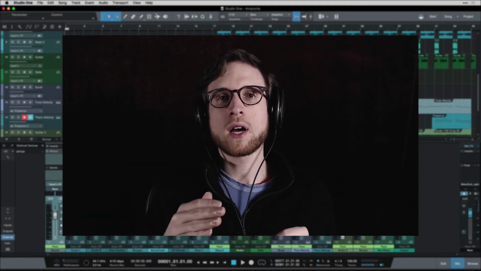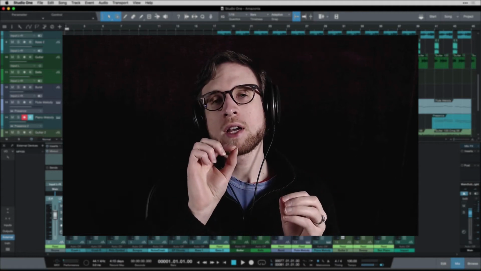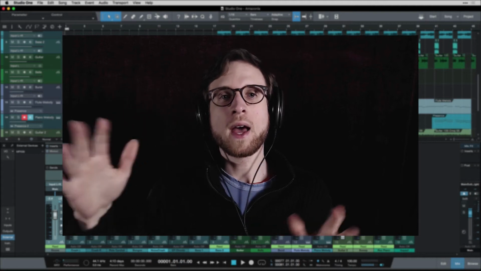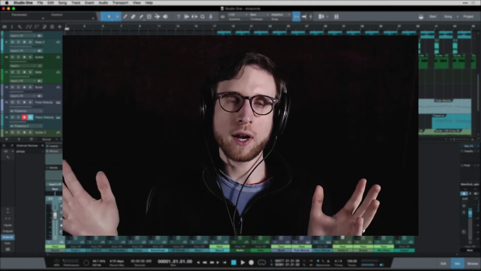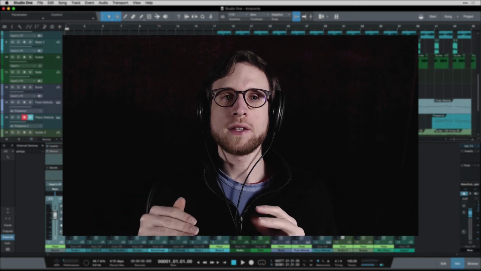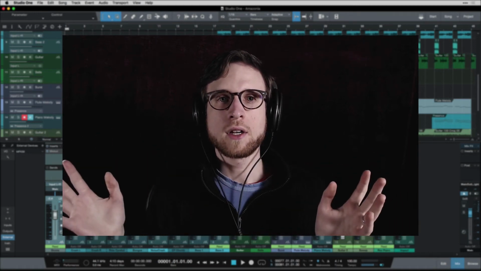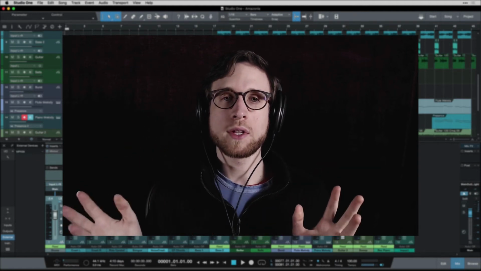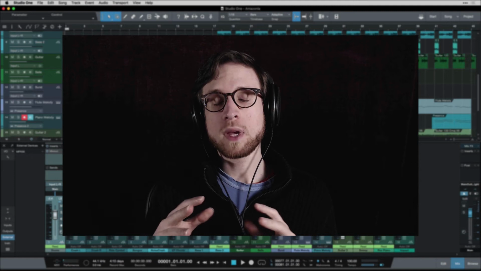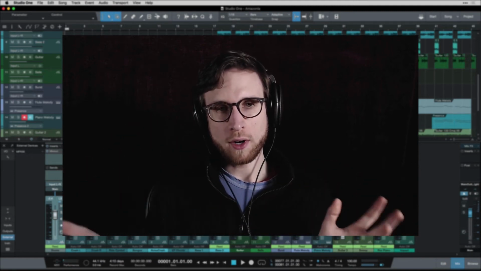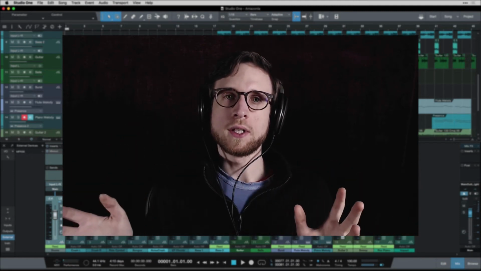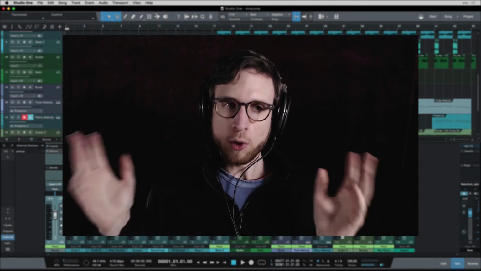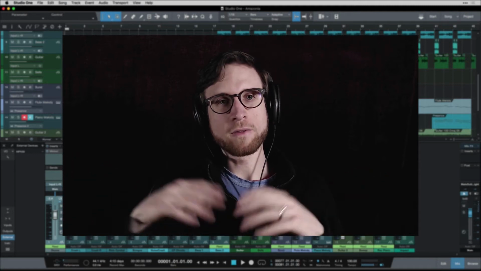MP3 files come in a variety of compression levels, like you can compress them more or less depending on how small you need the file to be versus how good you want it to sound. The smaller the file size, the more information is getting lost. But a high quality MP3, or the highest quality MP3 that you can get, is for most people indiscernible from a WAV file or an AIF file. So it's not a huge deal. You can compress to what's called a 320 MP3, and most people will still perceive that as being full quality,